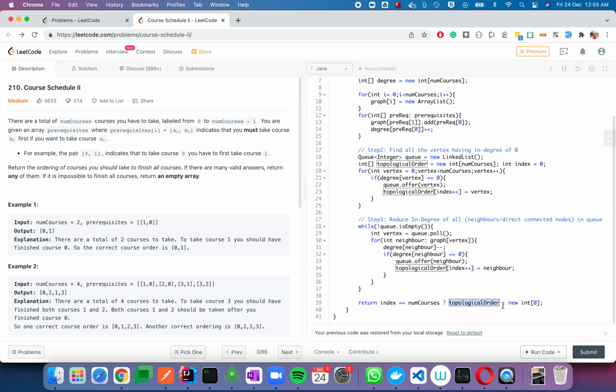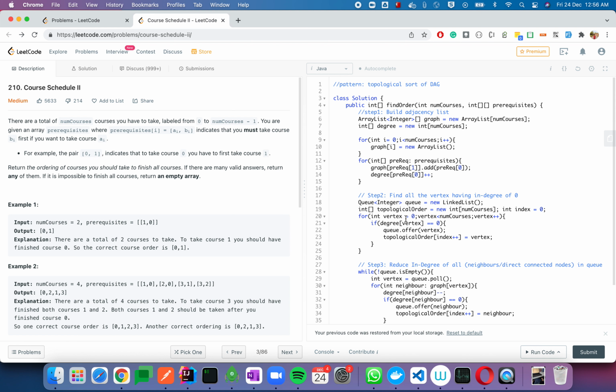If that's not the case, it means there was some cycle, because of which my answer array will not be able to contain all the courses, so my index will be less than the number of courses. The index starts from 0, but in the last step it will be incremented by 1, so it eventually becomes equal to num courses. That's why I am doing that here, else you return the empty array. So this is the solution. Okay, thank you.